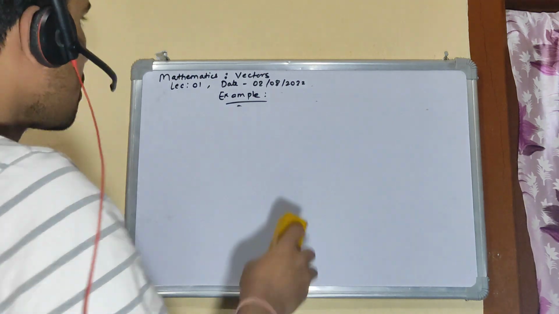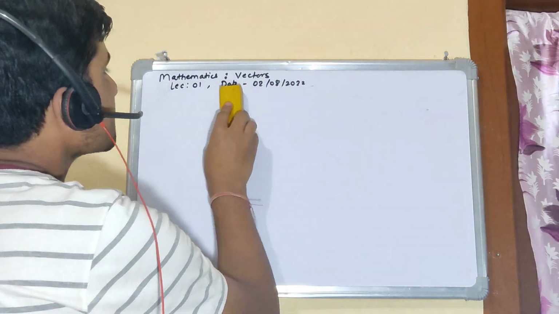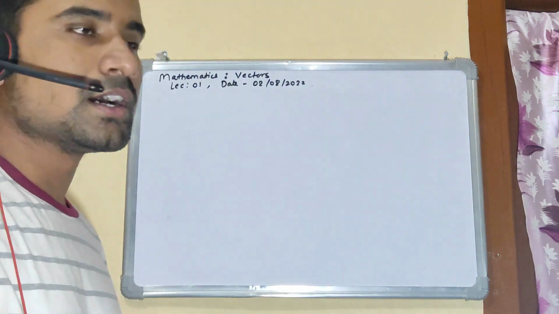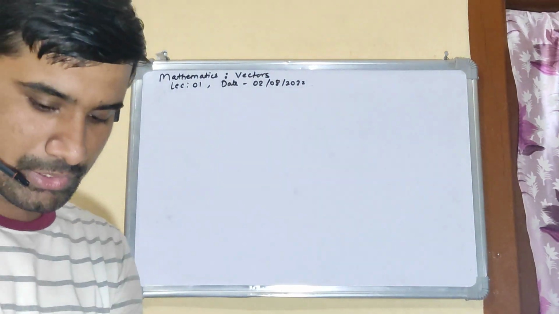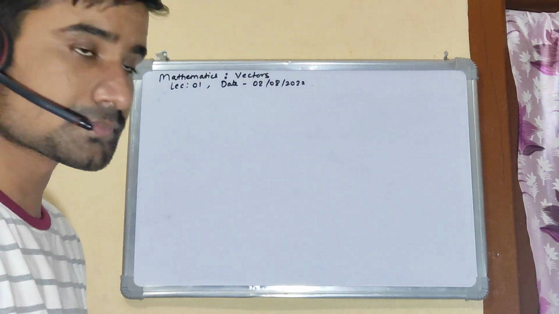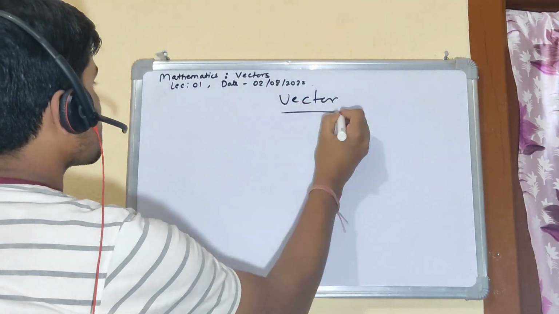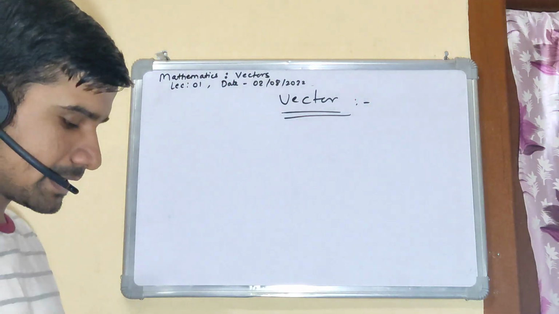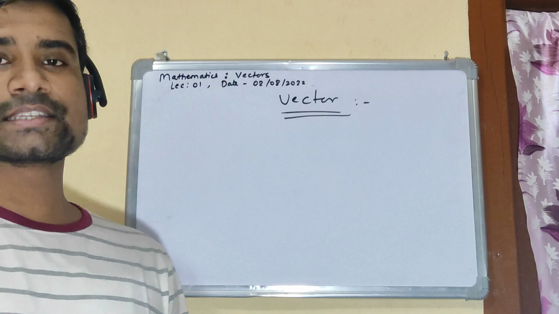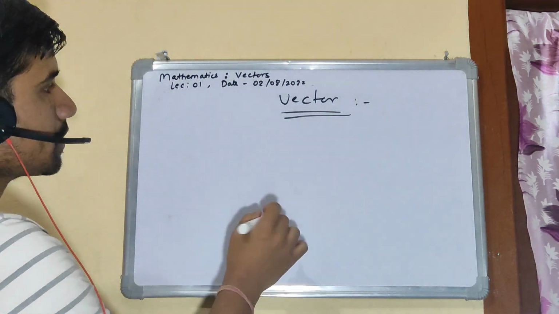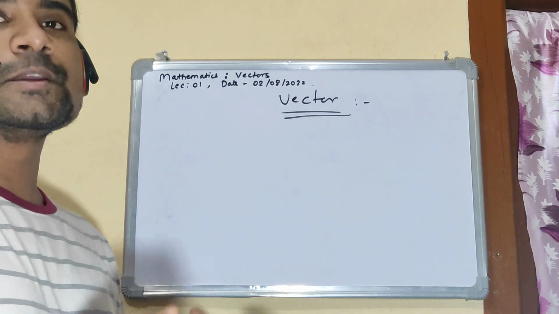So let's talk about vector. Scalar is very simple to deal with. We need not talk about scalar. We have already talked a lot about scalar in our junior classes. So let's talk about vector. I already explained that all those physical quantities which have magnitude as well as direction are vector quantities. So how is a vector represented?